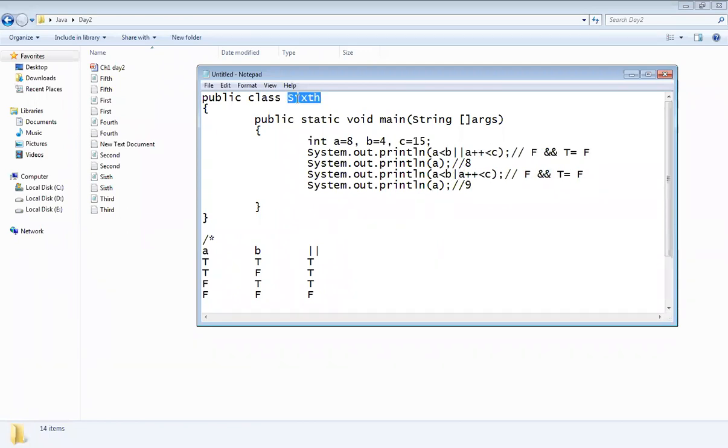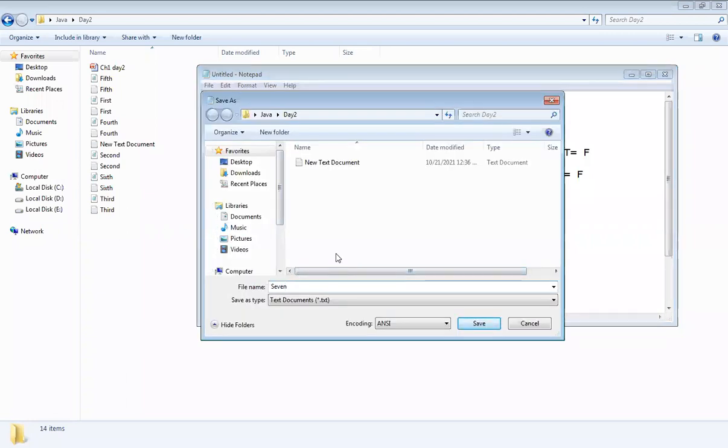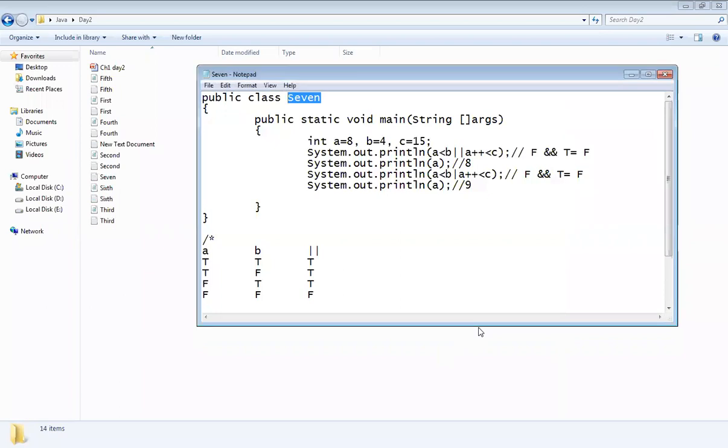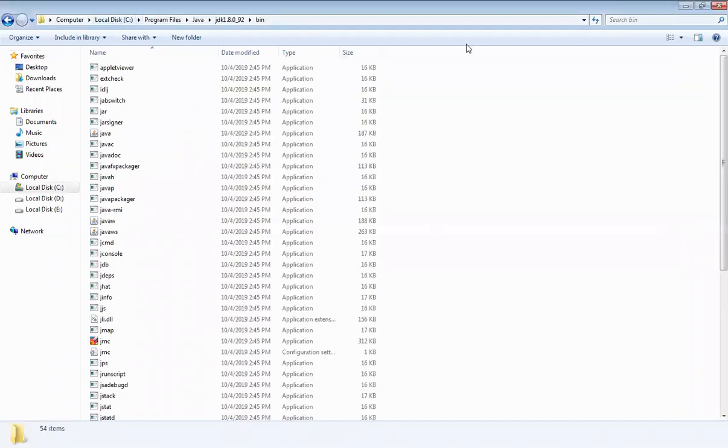So this is the next program from operators. I will keep continuity in giving the class names. I will first save it. Now I will go to the command prompt. Before that, I will take the path of the bin folder.